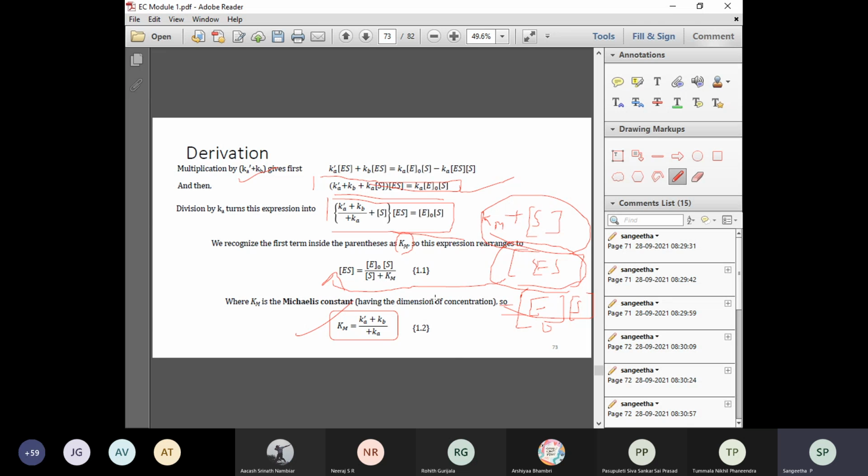Here I am not able to do it, so I'm just giving it to you on this side. Whatever I tell, please follow that correctly and then do it. In no way you should be confused, because steps are very important to award marks. If you miss the steps, you won't get full marks for this derivation.